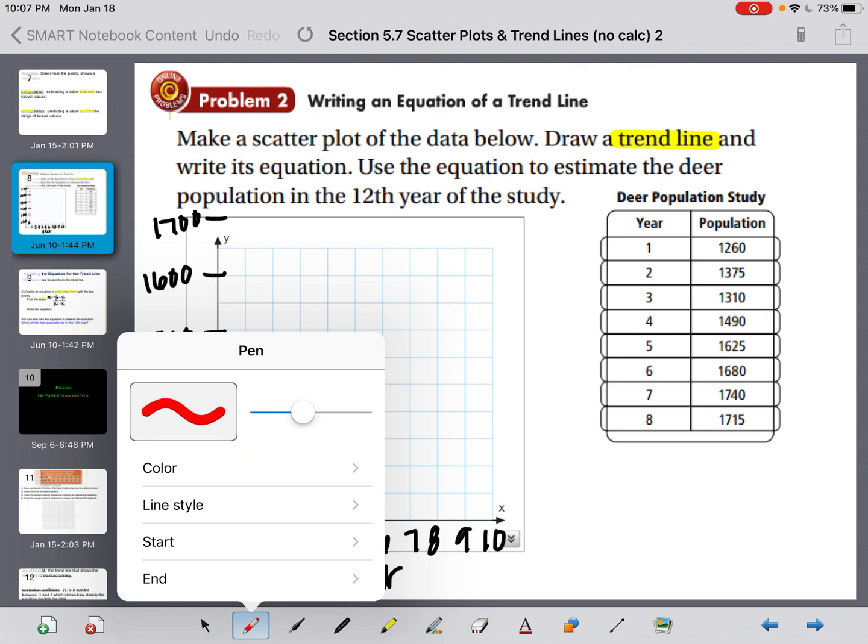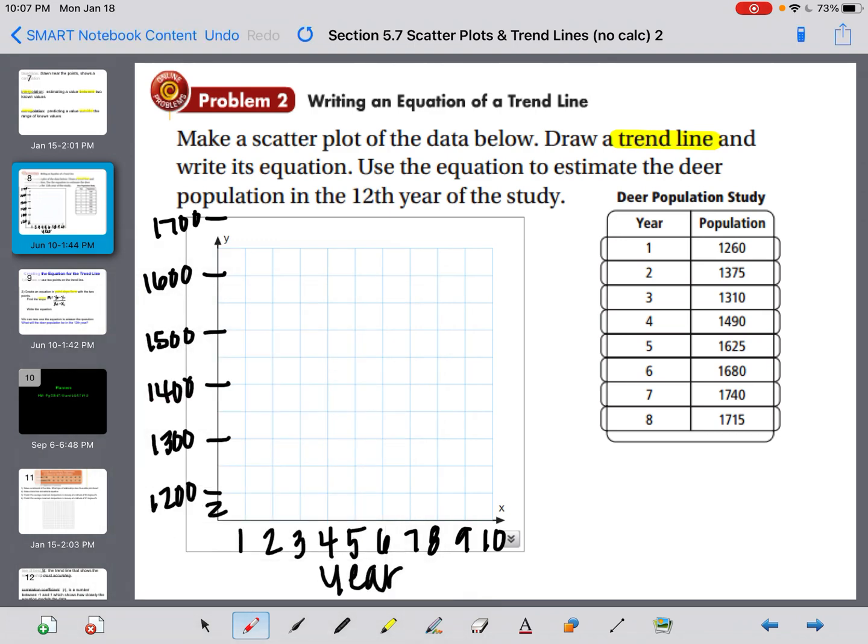Okay, first thing we have to do is actually plot those points. So the first year, the population was 1,260. If you notice, I had to use the little lightning bolt right here. That's because I didn't have enough room to get 17,000 deer population on this side, so I used that lightning bolt to show that I skipped a huge chunk and then started counting by even increments. Okay, the second year we had